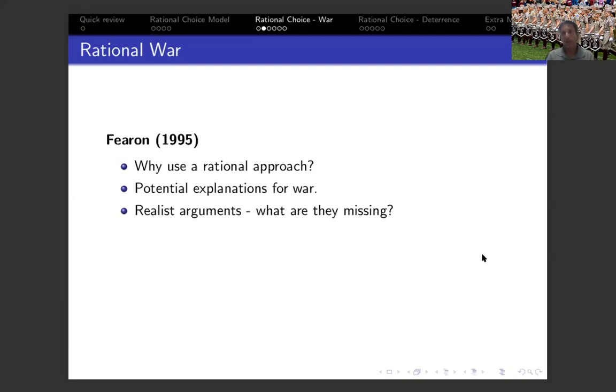Realist arguments explain war as resulting from the structural international system. And this is a rational approach to explain war. And so this is the structure, the system that leads to the war and not the particular leader. So that means that if we use the rational choice framework, which is a general theory of behavior, which does not account for specific individuals, specific leaders, Hitler, whatever that is, Bush, Obama, or Gaddafi for that matter, this is not the reason there is war. We're using a very general framework of behavior to explain this kind of a choice.